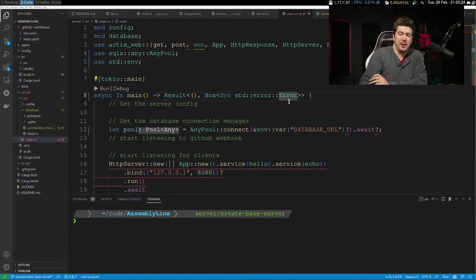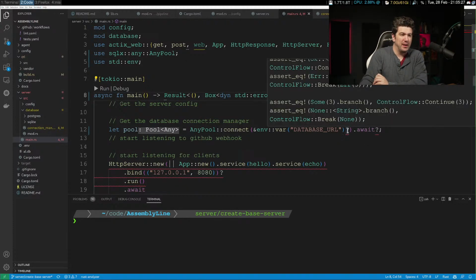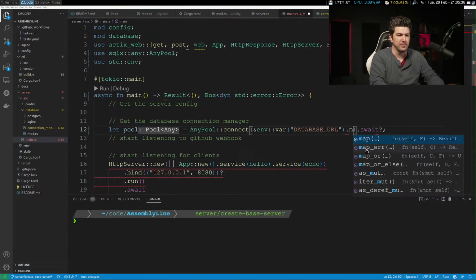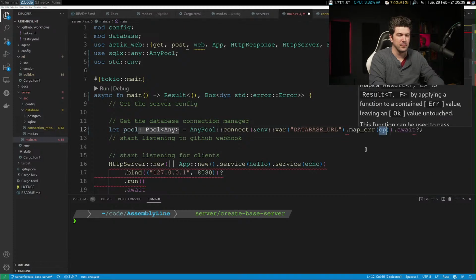Try the await map error. But I need to also do it here as well. So I guess I could try to map the error here. But I just didn't think I needed to do this. I feel like I'm fundamentally missing why this doesn't work, if I have to run map error here.